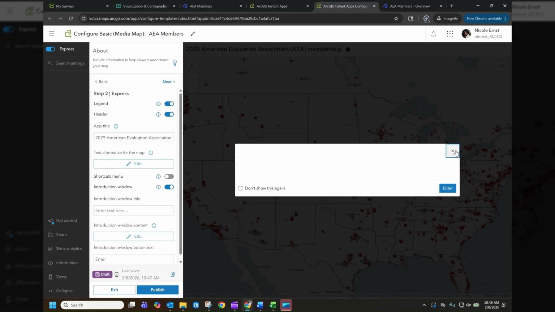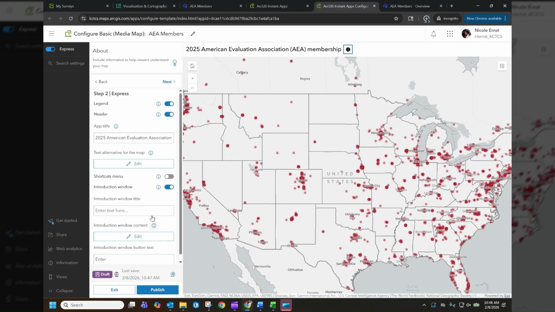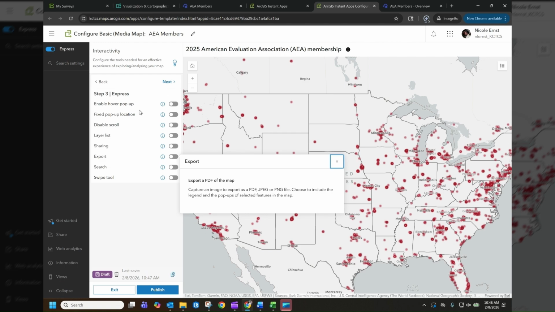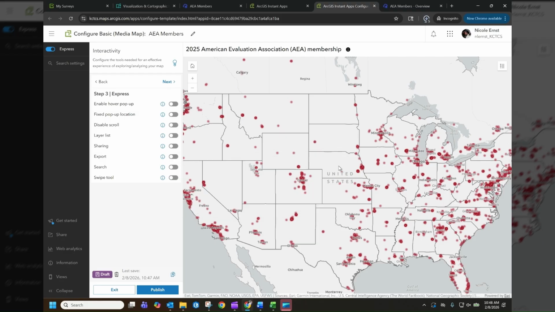But again, for the sake of demonstration, I'm going to skip that for now because I think you get the idea of what you can do there. We then hit next, and this is where you select what tools you want the user to be able to use. And I'm going to select